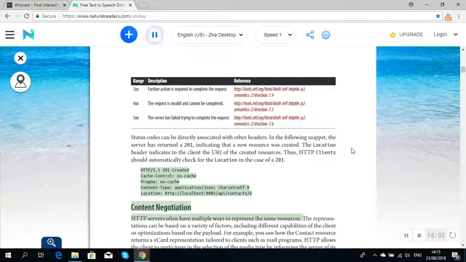HTTP/1.1 201 Created. Cache-Control: no-cache. Pragma: no-cache. Content-Type: application/json; charset=UTF-8. Location: http://localhost